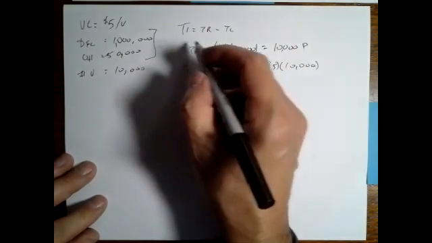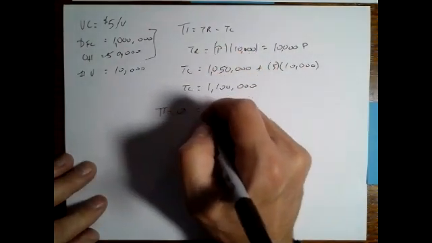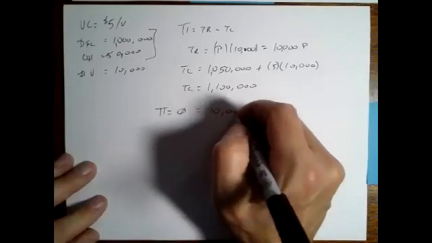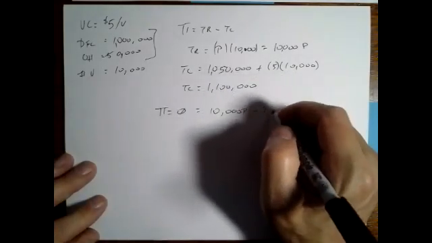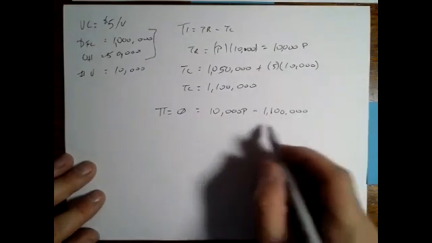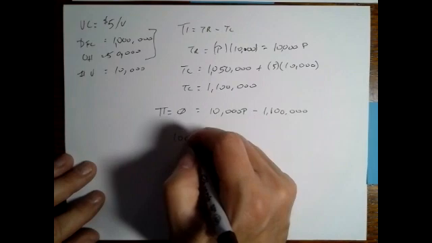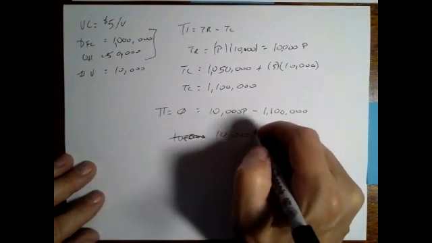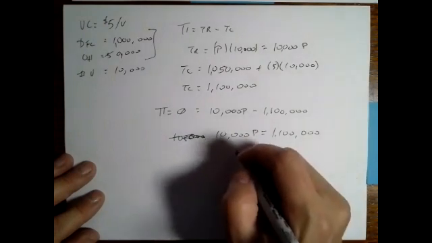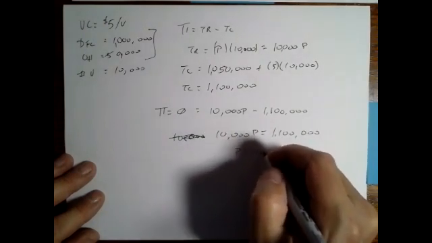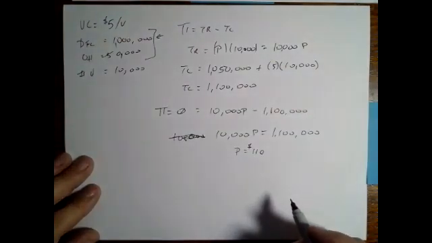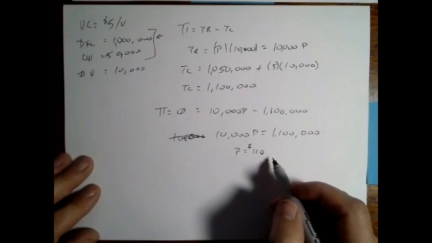Total revenue is going to be 10,000 P. So if we want to set profit equal to 0 and then calculate P, we're going to have total revenue minus total cost. So total revenue 10,000 P minus total cost 1.1 million. So now add 1.1 million to both sides so we can get rid of it. So we get 10,000 P equals 1.1 million. Divide both sides by 10,000 and we get P is equal to 110. So in order to break even